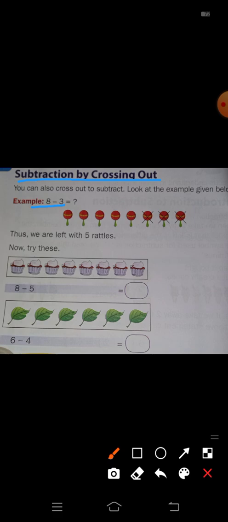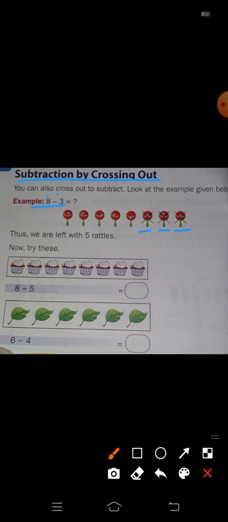So just see, 8 lollipops are there. Yes. Just count 1, 2, 3, 4, 5, 6, 7, 8. The first number is here, 8. So here 8 lollipops are there. Minus 3 is there. So the next number is minus 3. So you have to cross out 3 lollipops because minus 3 is there. So already see here 1, 2, 3. These 3 lollipops are crossed here.